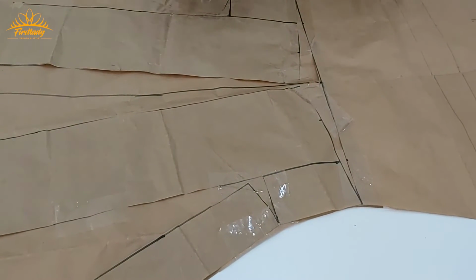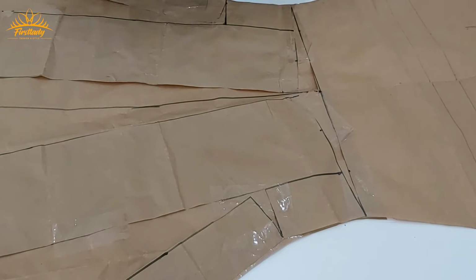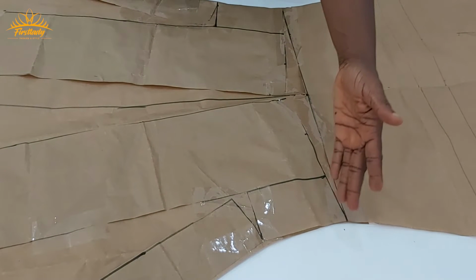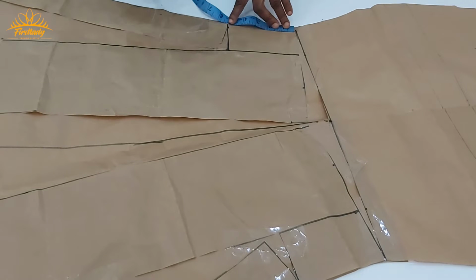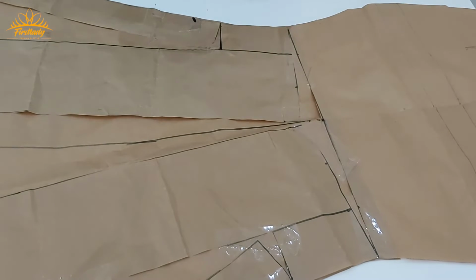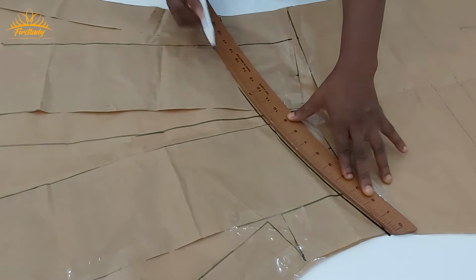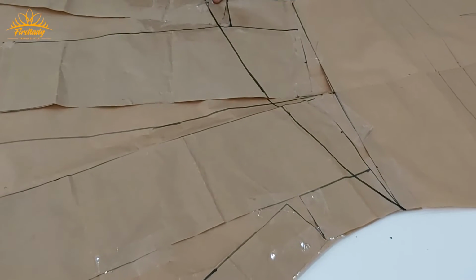So the last thing we are going to do to the front of this skirt, you see it's asymmetric. So we are going to curve it from the side here. We are going to curve it to the side. I want mine to go up on the left side and come down on the right. So on the right where I want it to come down, I'm going to mark 7 inches here. I want it to come down by 7 inches. So from the new line here, I'm going to curve it this way to the 7 inches. So by the time we cut it out,